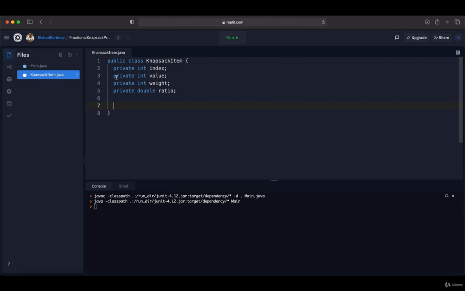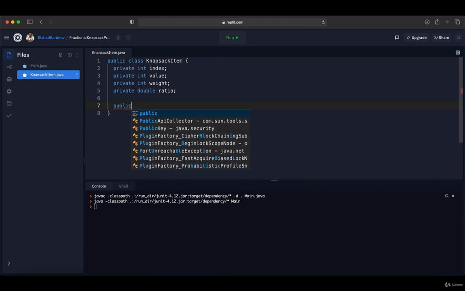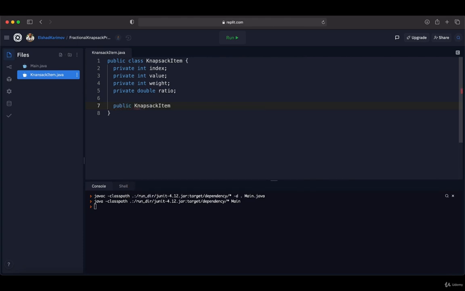Then inside the constructor I'm going to initialize these properties based on the parameters that we get from the user. So it's going to be like this: public KnapsackItem. As a first parameter it will take index, which will be of type integer. Then integer type for value, then integer type for weight. And we are not getting the ratio from the user because we are going to calculate it based on the